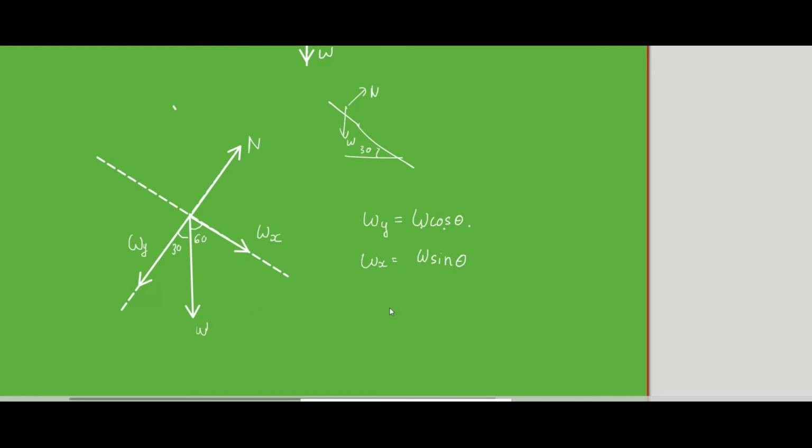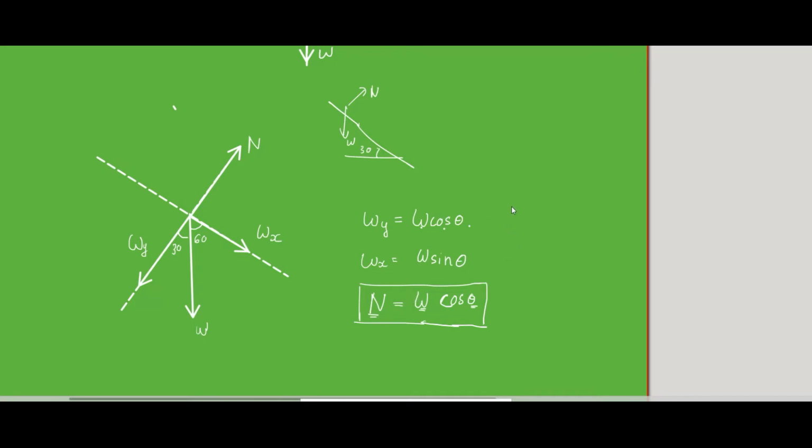So we know for sure that your normal reaction has to be equal to W cos 30. These have to be equal. Now from this, can you find out the value of N? We know what W is, right? M into G. We know what theta is. It's 30 degrees. So can we find the value of N?